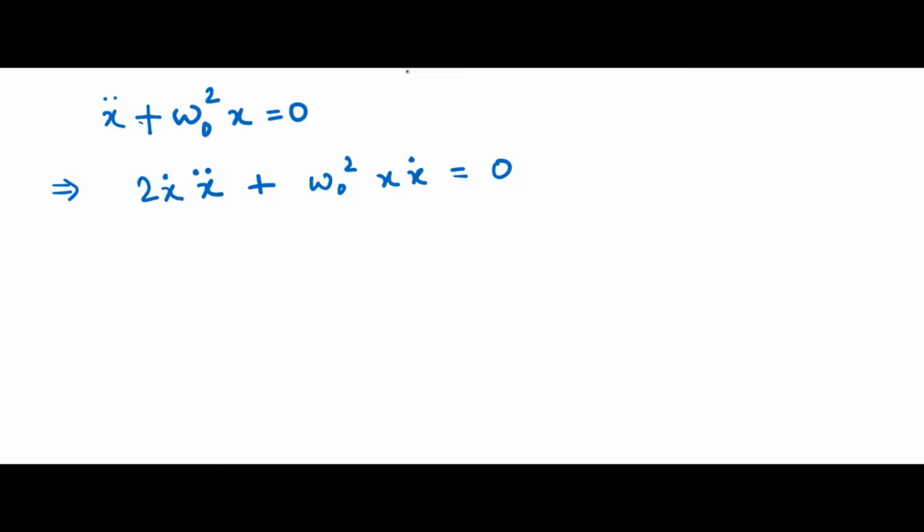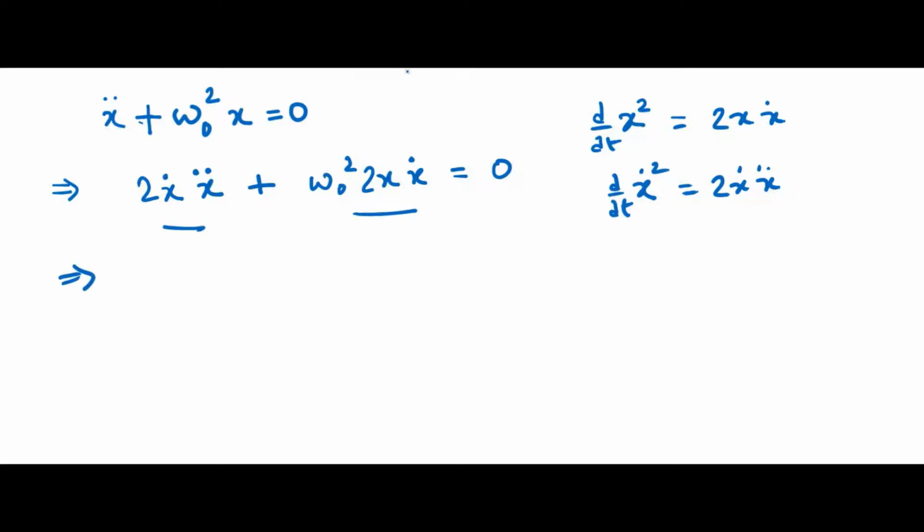We also multiply the equation by 2, so I'm going to write 2 here, and there's a reason. Both of these terms look awfully like the differentiation of a square term. If we have x squared, and we differentiate it with respect to time, we have 2x times x dot. And if we differentiate x dot squared with respect to time, we have 2x dot x double dot. So if we integrate both of these terms, we are left with the equation x dot squared plus omega naught squared x squared